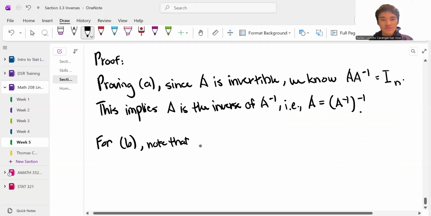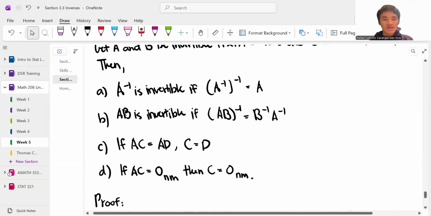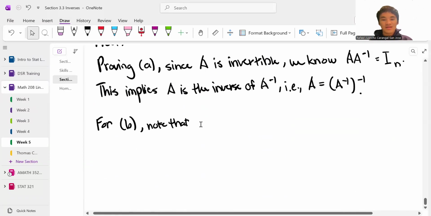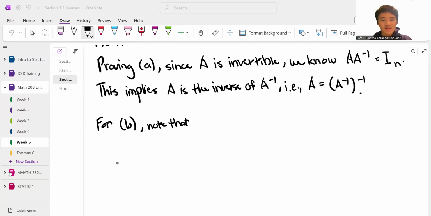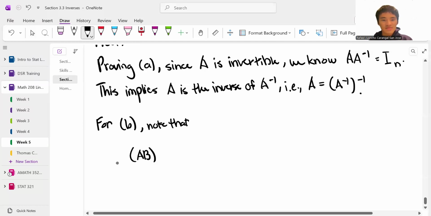Now, for B, to prove this, we want to note. So B again goes the product. So this was an interesting one. AB is invertible if its inverse is the product of B inverse and A inverse. And ordering matters, right? So here we're going to note that this product AB multiplied by B inverse times A inverse